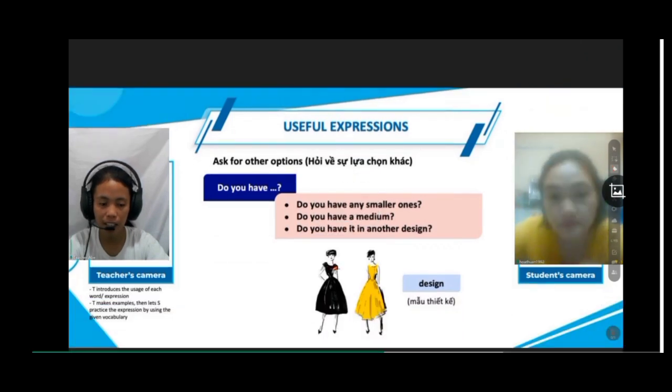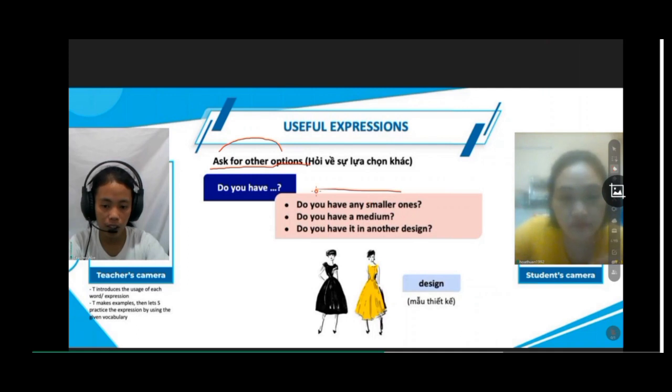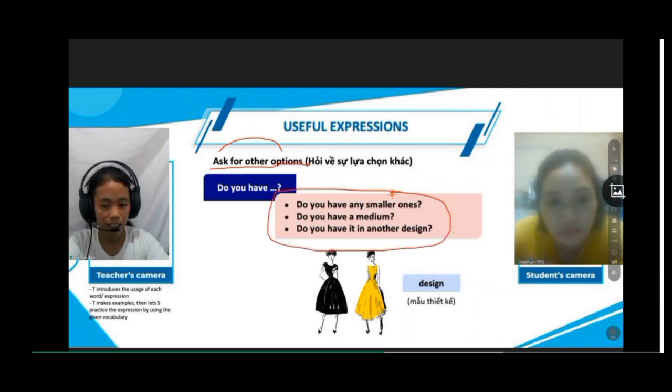So, in making comparisons to a product, you need to ask for other options. In asking about other options, you need to use these key questions like, do you have? Do you have any smaller ones? If you are looking for clothes for your kids, you need smaller ones. So you will ask them, do you have any smaller ones? You can actually ask them like that. And if you are looking for a